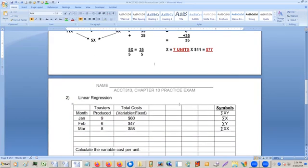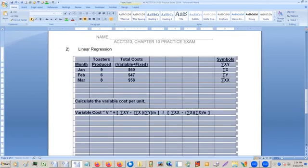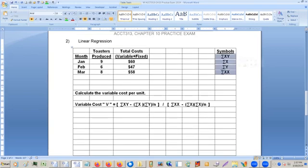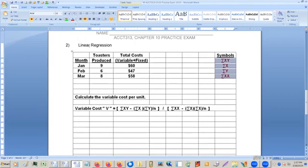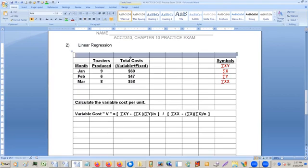Okay, let's go to this one, the fun one. You know what? I gotta add a row in here. I'll make sure to do this on the test. I just like having that row to put in the X's and the Y's. Because it's not so crazy, but